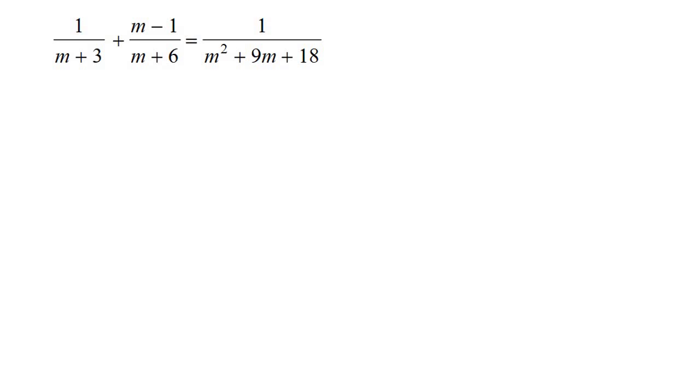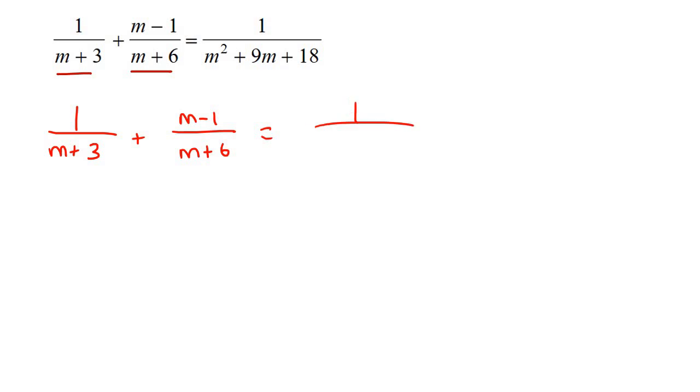Two more examples, this one and one other one. So this is factorized, this is factorized, this needs to be factorized further. So it'll be 1 over m plus 3 plus m minus 1 over m plus 6 equals 1 over... Now this part here is a trinomial, so that's just going to become... You might have to pause and just see that you agree with me, but it'll be m plus 6, m